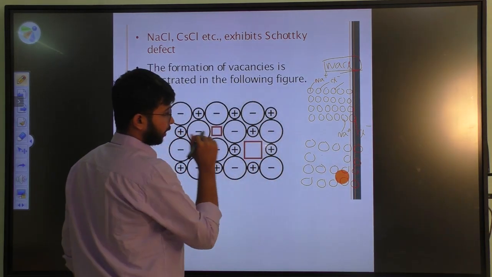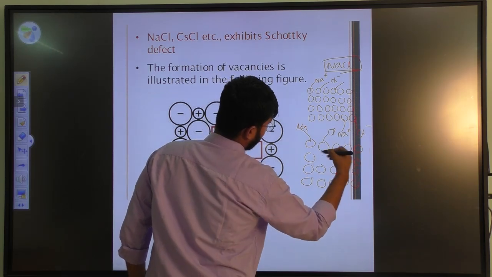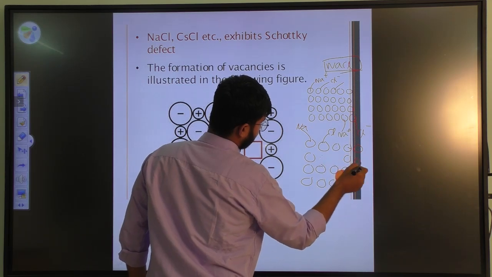One cation and one anion are missing from the lattice, Na and Cl. As all are Na, Cl and Na and Cl, one Na and one Cl is missing from